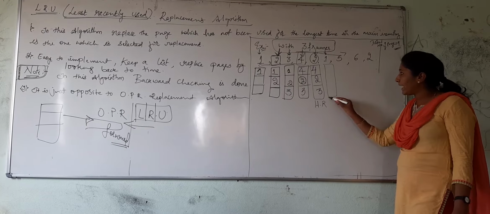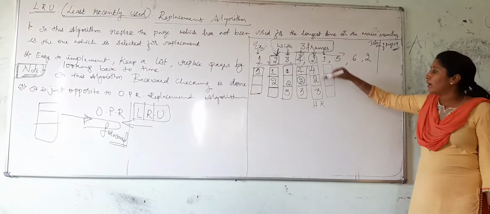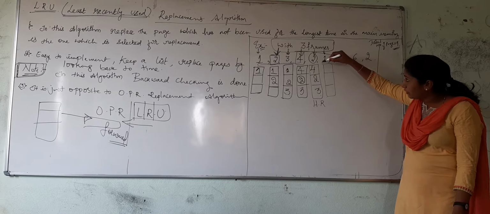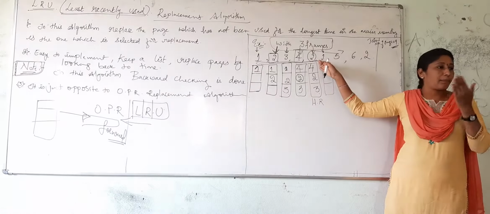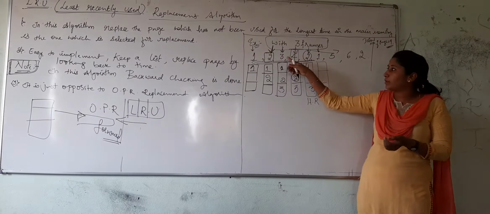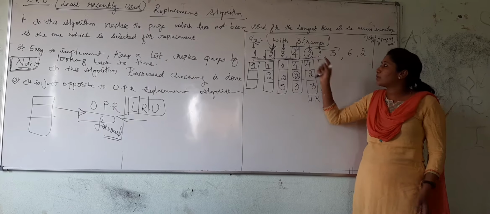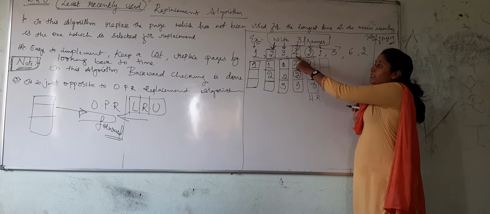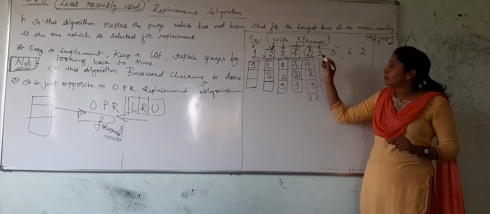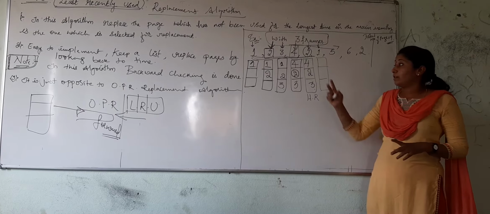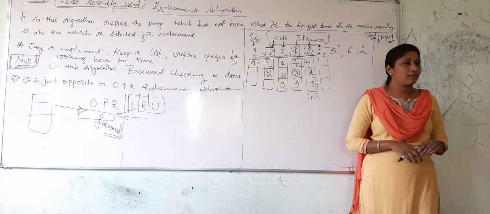Right. Now next, which is the entering page? 1. Again check the same thing. 1 is the entering page, and memory has 4, 2, 3. You should start checking from the previous point, right? 2, 4, 3, 2, 1. Among these, which is not going to be used? If we replace 4, it was just entered, so it is not possible. If we replace 2, it is not possible because 2 has arrived twice, right?